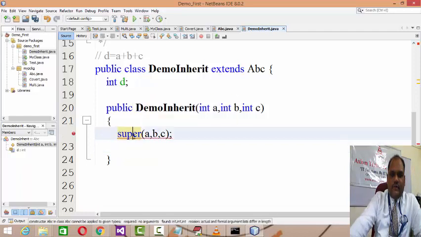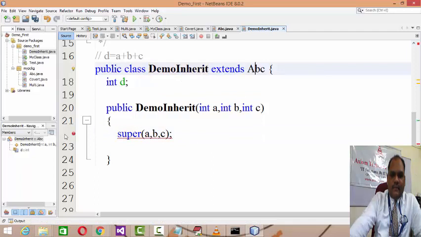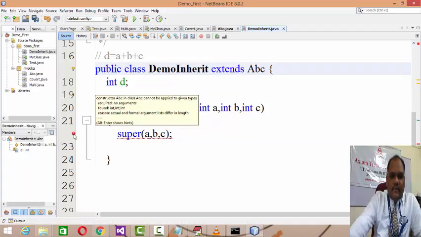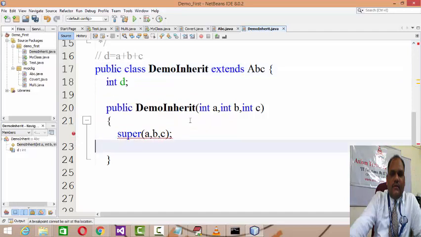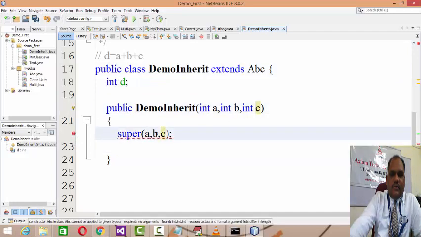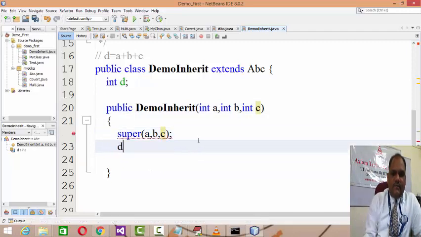What is the super class of DemoInherit? The ABC class over there. The error says constructor ABC in class ABC cannot be applied to the given types, no arguments. Let us select DemoInherit ABC and then super ABC. We'll discuss that. And then D equals getA plus getB plus getC.